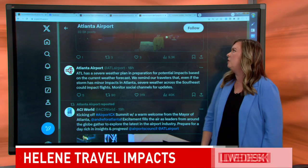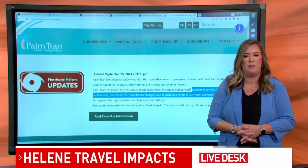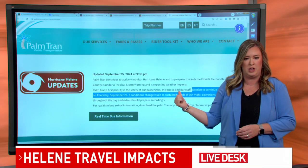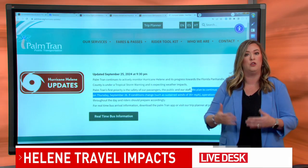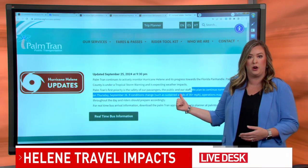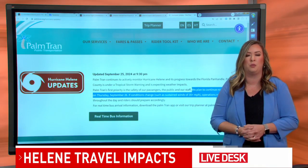Some other travel conditions that we're keeping a close eye on, PalmTran. So they operate many of the buses here in Palm Beach County. They have this notice here on their website, letting people know that their buses are still running as normal today. But they do say here that if conditions change, so if we see sustained winds of 35 miles per hour or more,